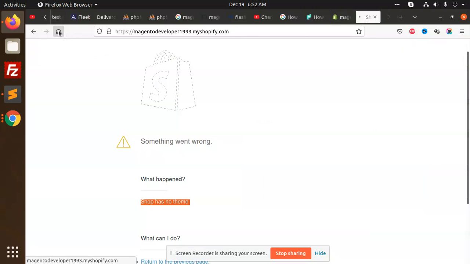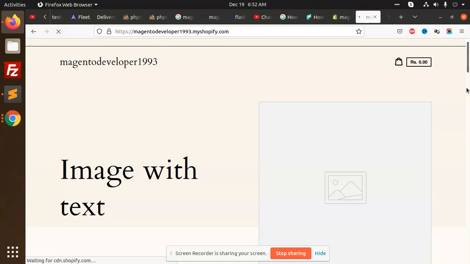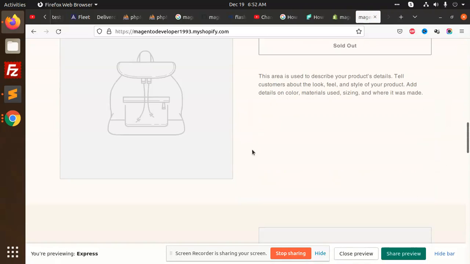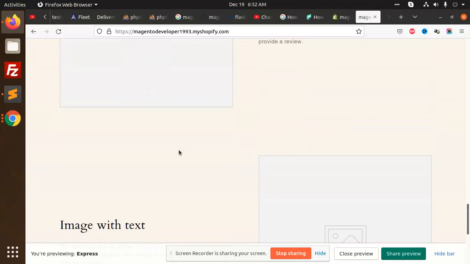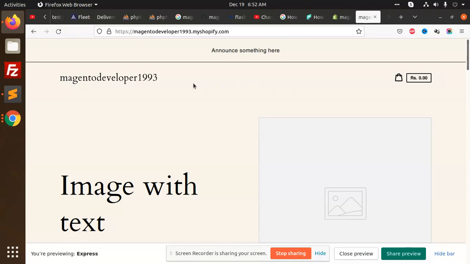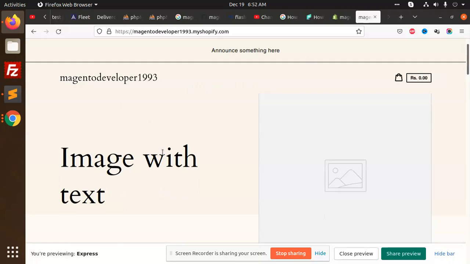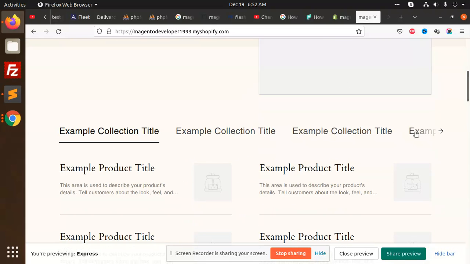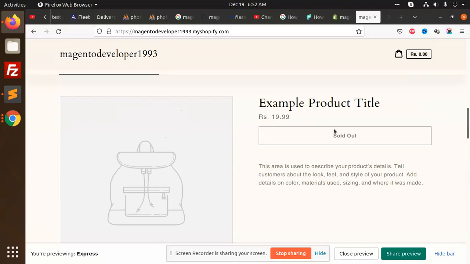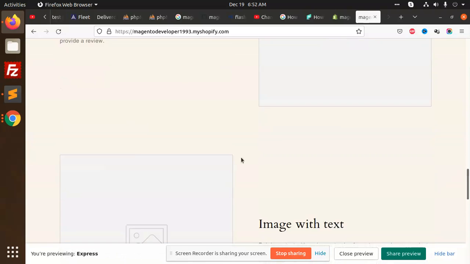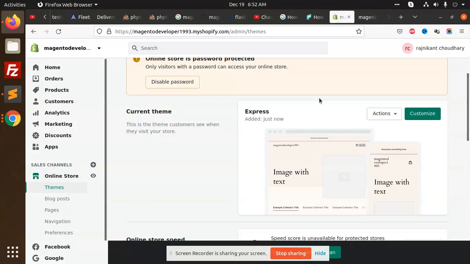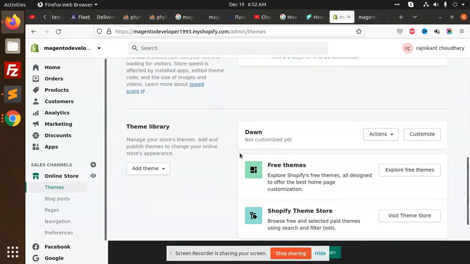Let's check. Now the theme is activated. See, we have added the sample product. Where is it? Example product. Okay, so this is how we have configured the theme.